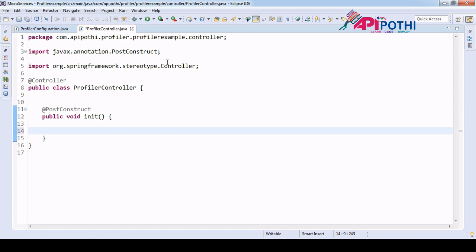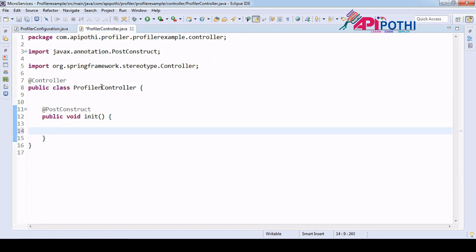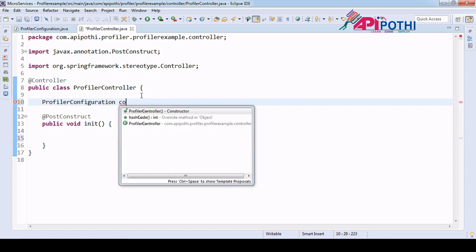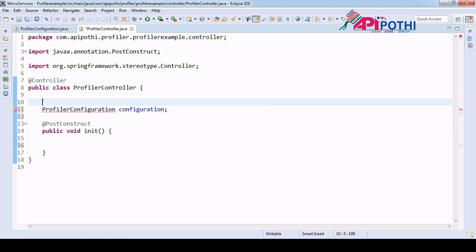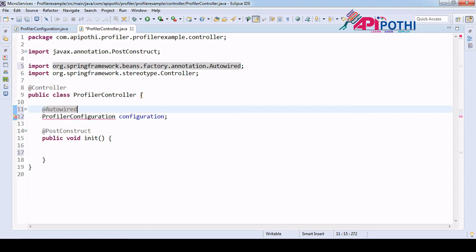Okay, so here I want to call this configuration, right? To call this configuration, I must autowire it. So config, and I want to autowire it so Spring can instantiate it at runtime.